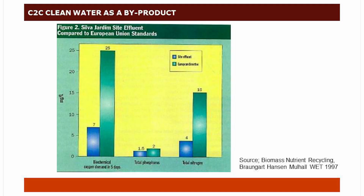Here on this graph you can see that the discharge of the facility met the European wastewater discharge standards, and actually our site is the blue bars, which you can see are much, much lower in the standard wastewater parameters, which is the biochemical oxygen demand and the total phosphorus and total nitrogen. So what we showed in these pilot facilities in Brazil is that we could clean the water to meet the technical requirements, but more importantly, we could provide a livelihood for otherwise impoverished people in these favela areas where we built our facility. So the institute that we formed in Brazil, O Instituto Ambiental,